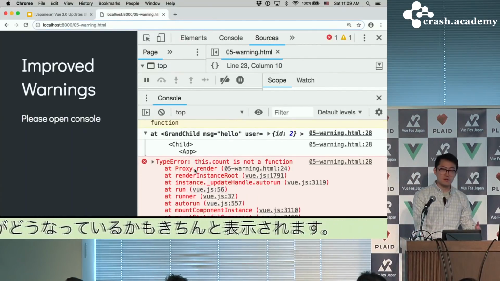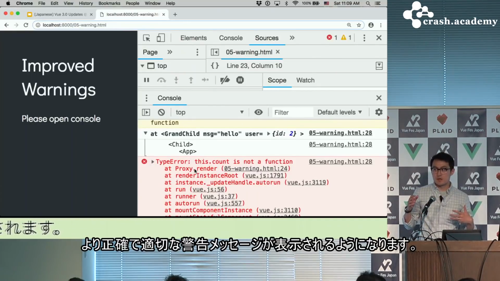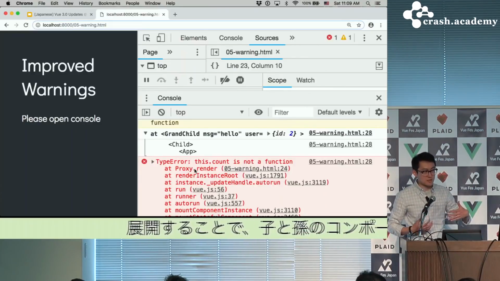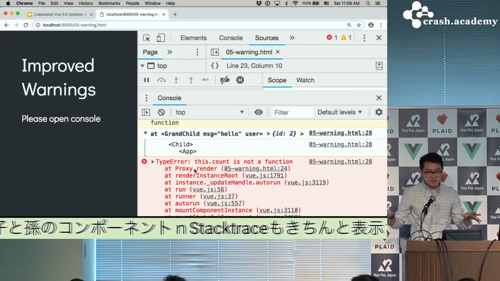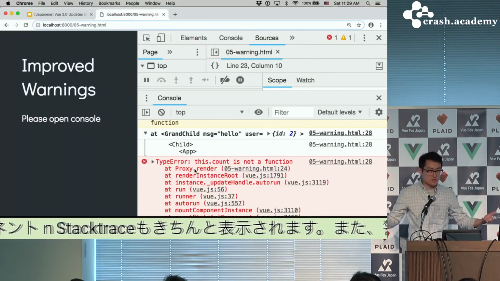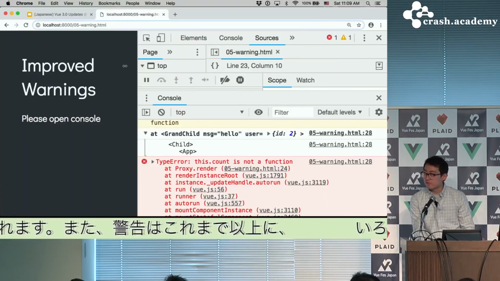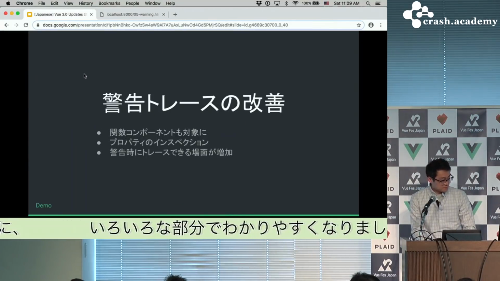And also warnings are available in more places in the application. So previously in 2.x, a lot of warnings don't have the component trace because we don't have that information. In 3.x, we've extended this information to a lot more locations. So you will get a lot more accurate, more helpful warnings all over the place. And